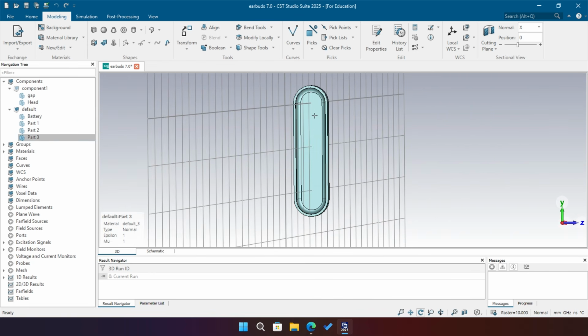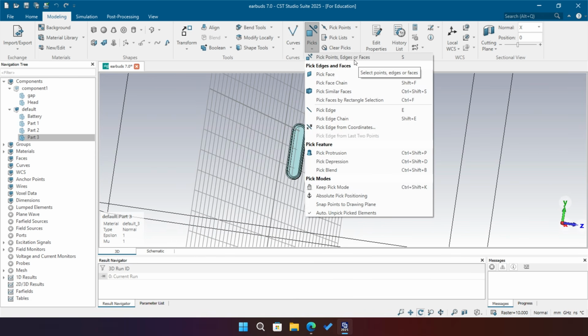In this area, I will start off by designing a sheet which represents the flexible board or the flex PCB. So I'll go to pick point